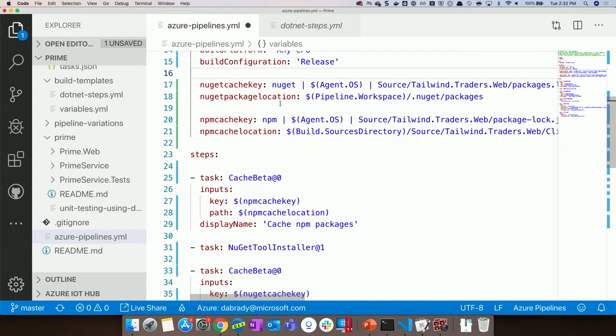But remember I said that the build machines, or Martin said that they're blown away every single time. So this is not really going to help us. All we're doing here is pulling down all of those NuGet packages or NPM packages. We're replacing pulling them down from NuGet or NPM with pulling them down from Azure DevOps. And yes, it's a little bit faster, but it might not actually improve things.